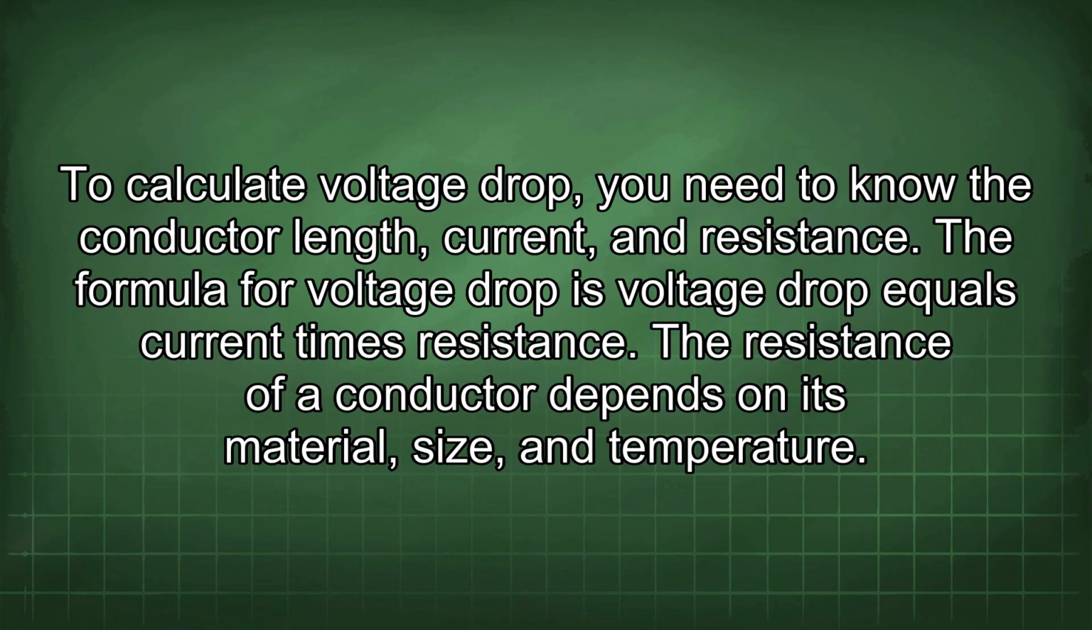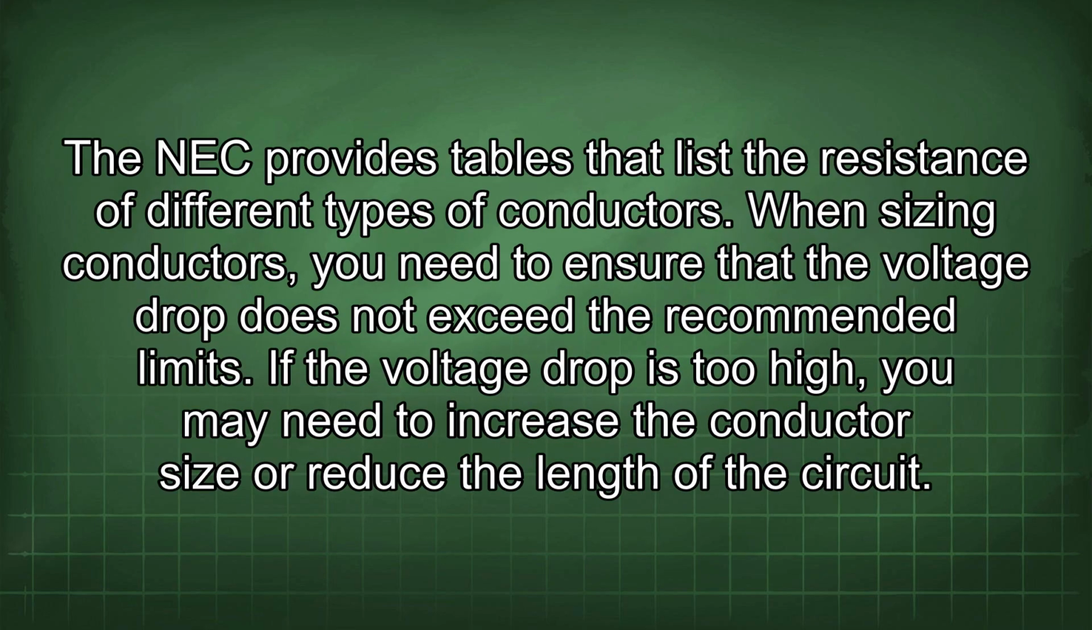The formula for voltage drop is voltage drop equals current times resistance. The resistance of a conductor depends on its material, size, and temperature. The NEC provides tables that list the resistance of different types of conductors. When sizing conductors, you need to ensure that the voltage drop does not exceed the recommended limits. If the voltage drop is too high, you may need to increase the conductor size or reduce the length of